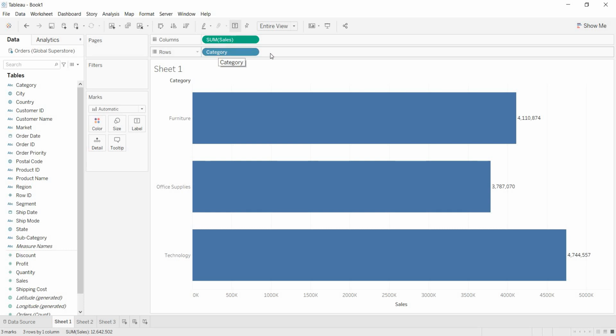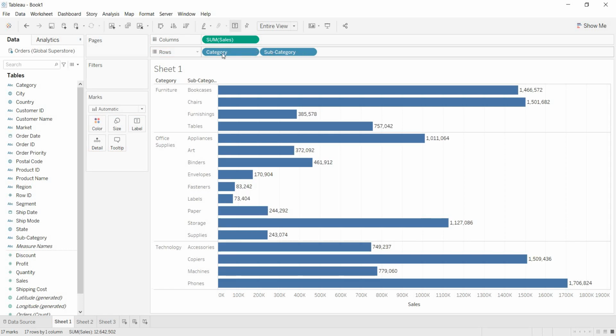See, when the client asks you to get the category wise and subcategory wise sales details, with the question you are clear that you need to involve two dimensions for the visualization. As of now you are having category in this visualization. Now just try to bring subcategory. Just drag subcategory and place it next to the category.